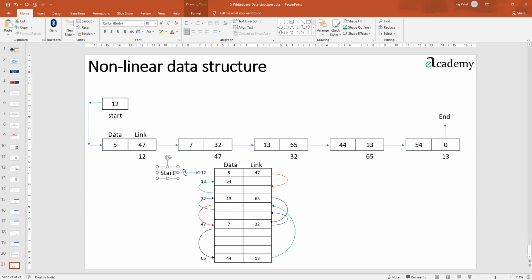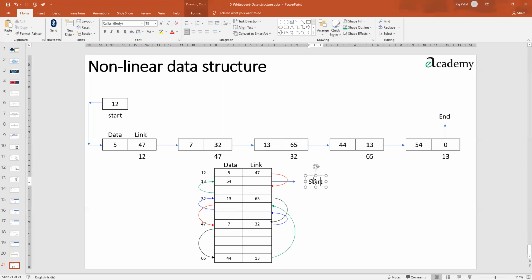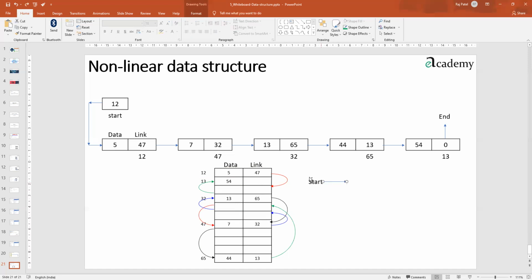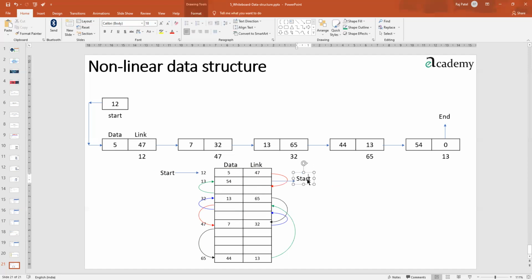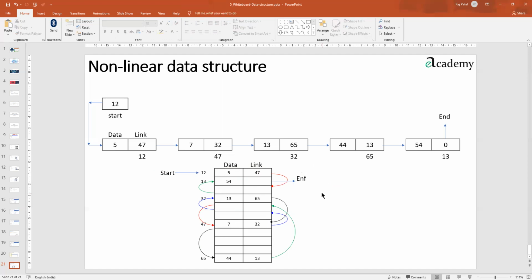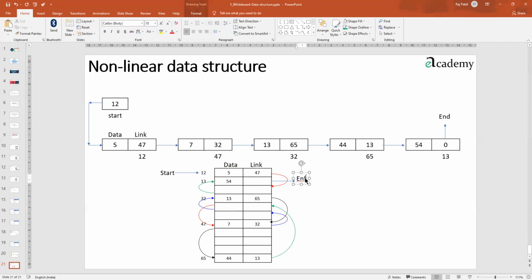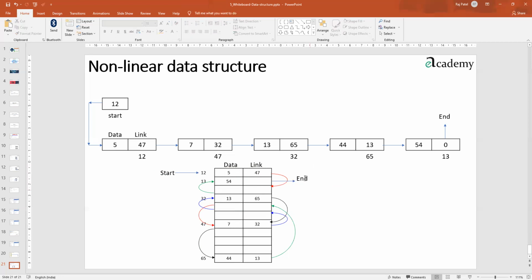Okay, so from here I am marking up one point and I'll call it end. Oh, sorry. Okay, that's it.